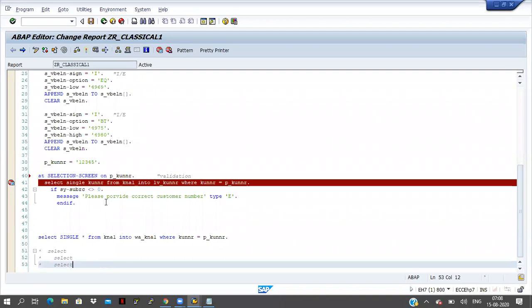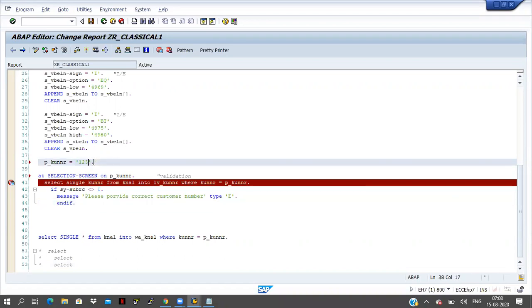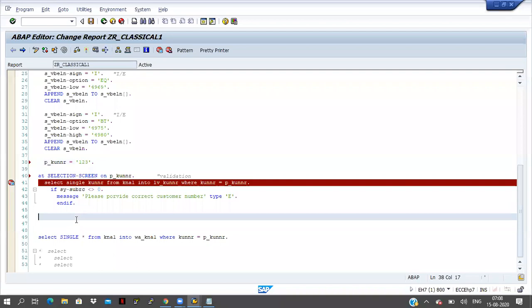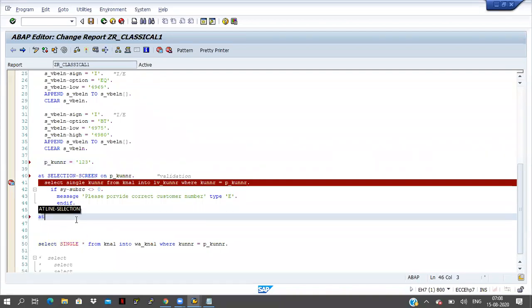Now if I want to give validation for the sales document number also, then once again I have to write here at selection screen on S_VBELN.